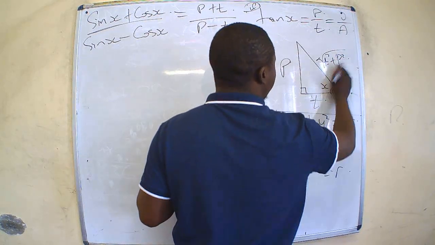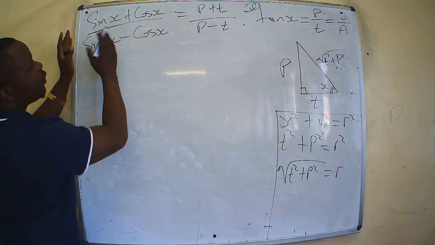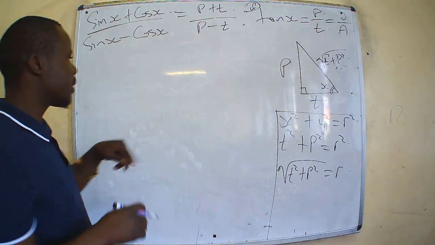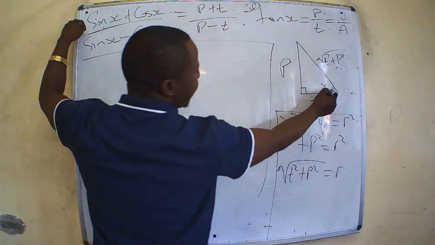Now we can simplify this by substituting every reference angle for sine and cos in this equation. Let us do that. So sine x is opposite